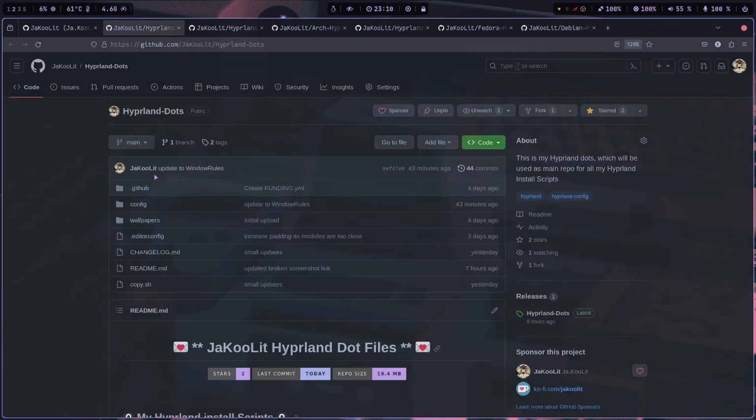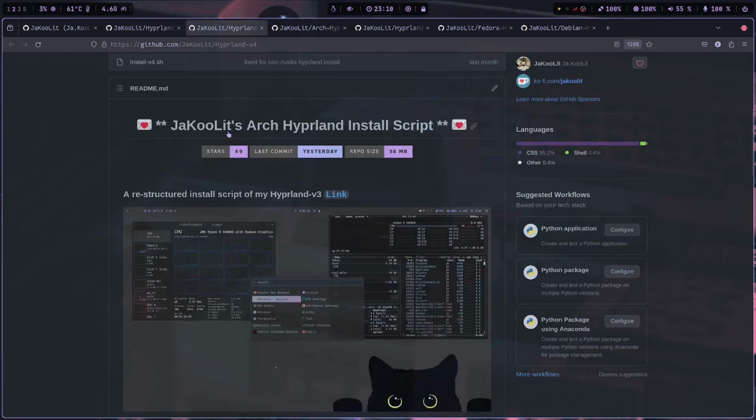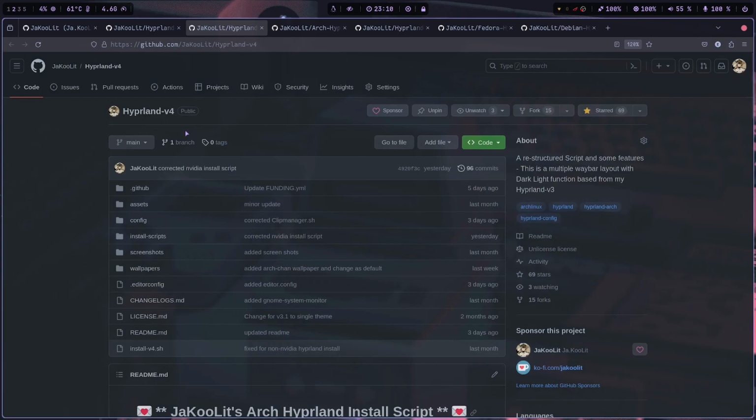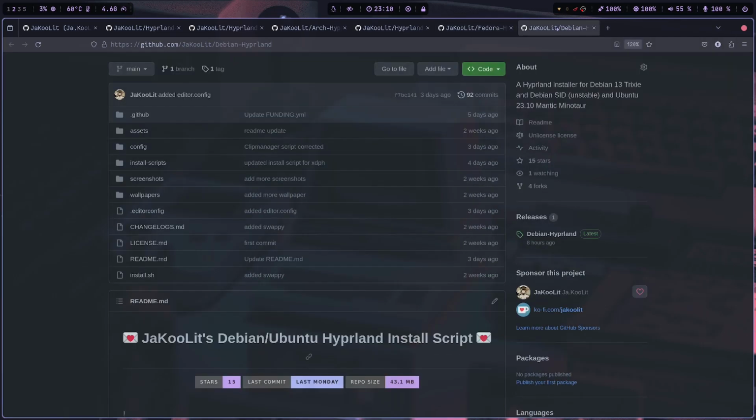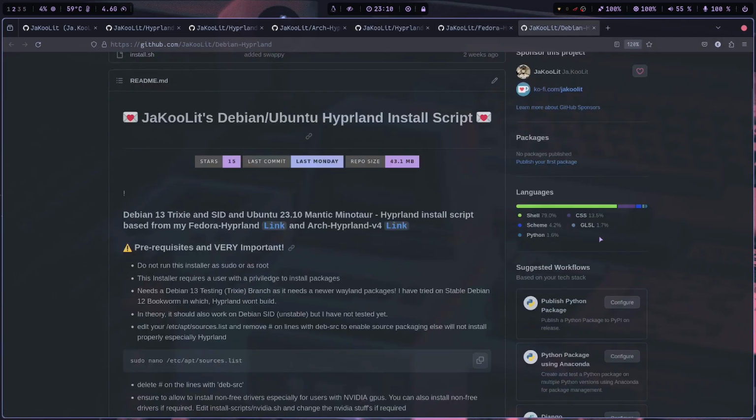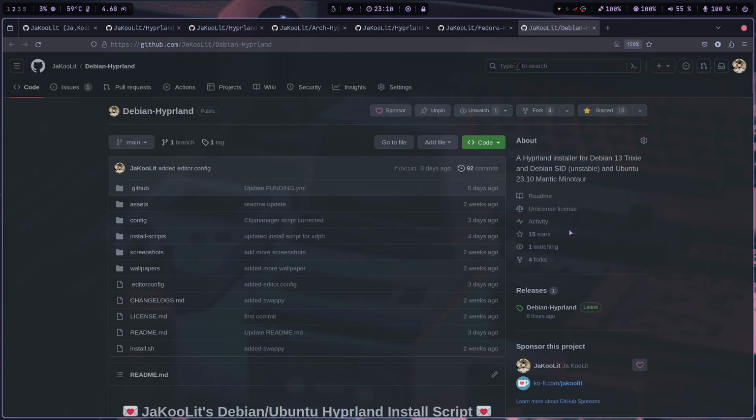As you are probably aware, I have shared before my Arch Hyprland, the Fedora Hyprland, and of course, last but not least, my Debian-Ubuntu Hyprland install script. That's the last one. However, now that I have shared 3 scripts, it's a little bit difficult,